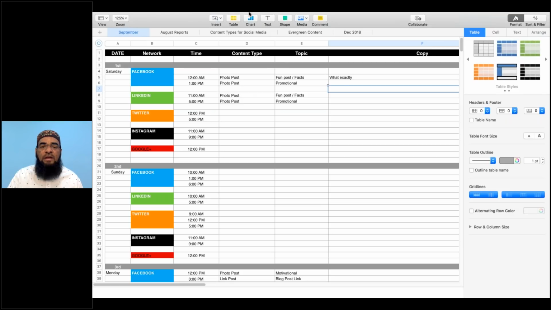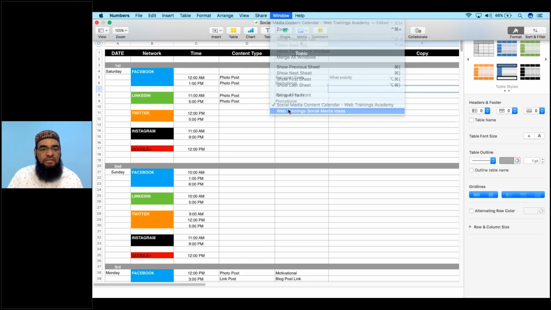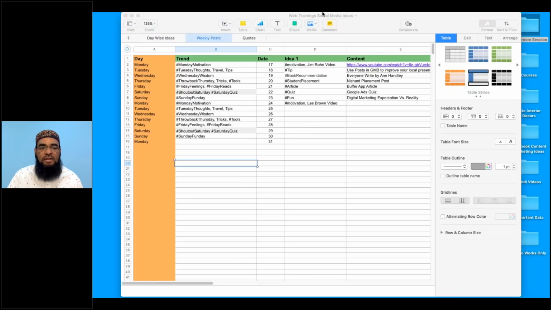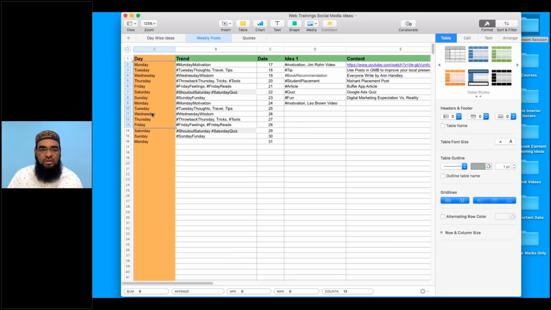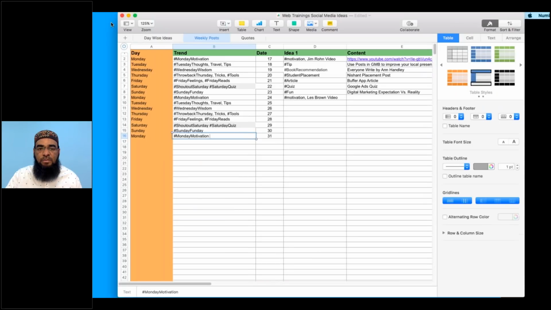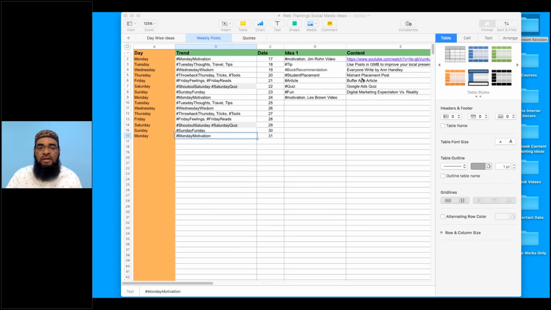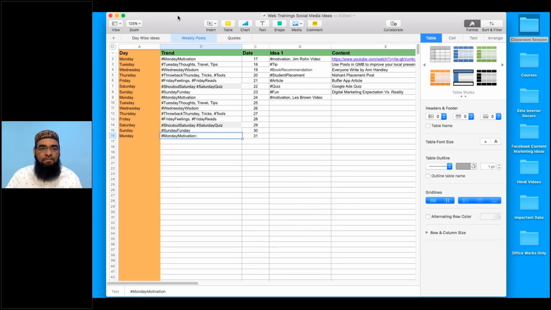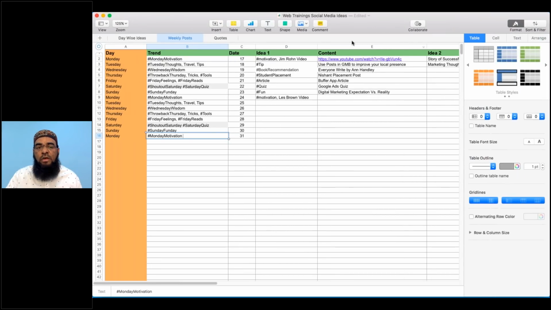But now see, I have prepared a very simple format in the same way. This is the example of a content calendar for this coming week up to the 31st of December. Now see what the idea is, and how I would like to fill this up with the content technique. What I'm doing here is very simple and straightforward. I have taken the days, based on the hashtags, based on what customers would mostly be expecting.